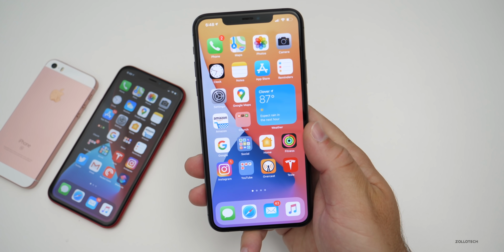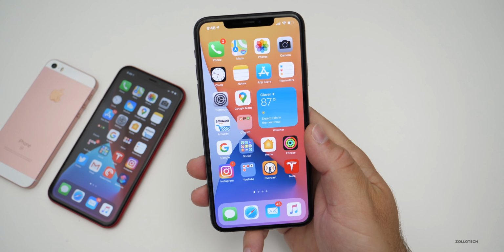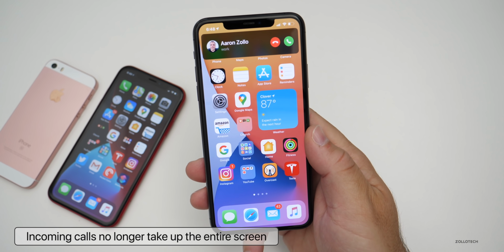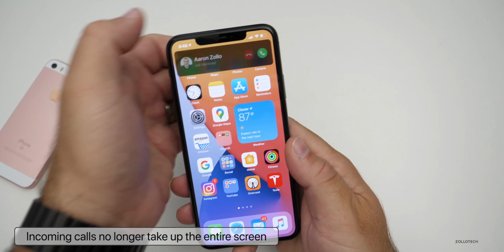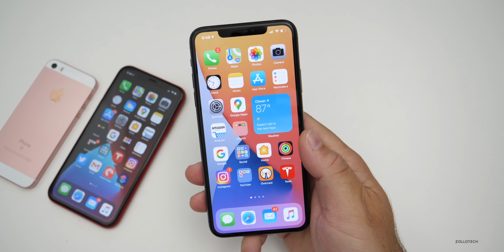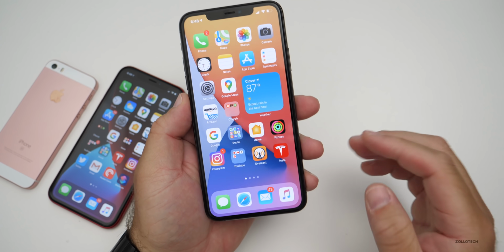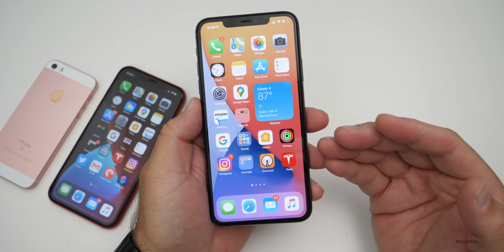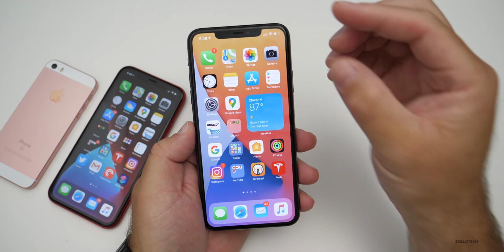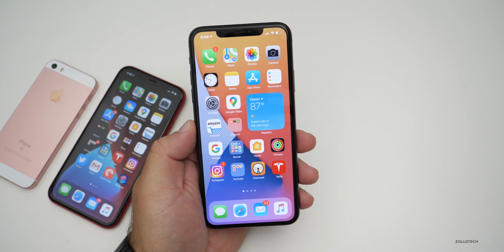Now, something that Apple has added that people have wanted for years is a new call interface. So maybe I place a phone call and it rings my phone just like this. I can hit no, I don't want to answer that, and it goes away. I can continue using my phone. And so finally, it's been updated how we've wanted it for years. It's no longer taking up the full screen. You don't have to dismiss it with the power sleep wake button. And we've got our call dialog that makes much more sense. So it's super nice that we have that.